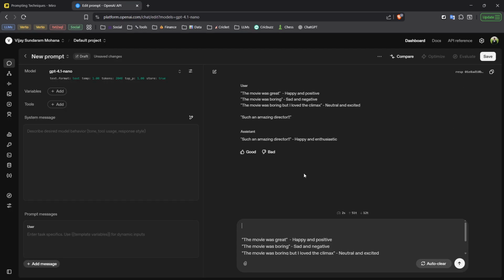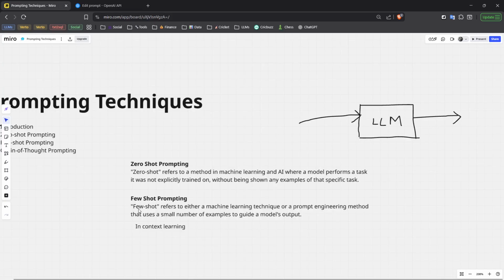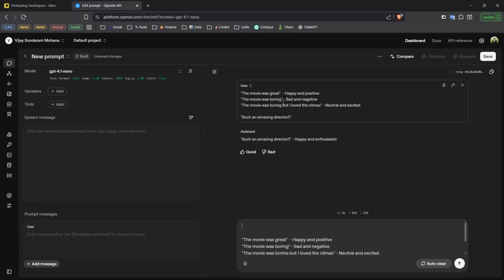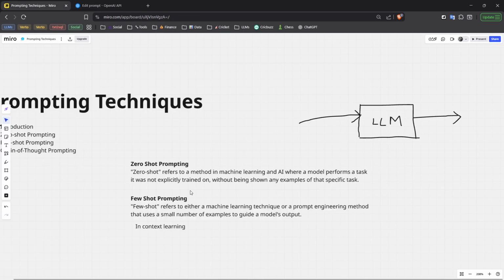But what happens is when you go towards complex ones where maybe you're trying to retrieve some data from a JSON format and it's just not able to understand the kind of natural language instruction that you provide. So maybe in these cases, along with natural language, you will also have to provide certain examples, right? And of course, when I say few shot prompting, it refers to the examples. In this case, I gave 3 examples, so this would be called a 3 shot prompting. You could go for 1 shot prompting, and sometimes you just need more examples, so you could go 5, 9, 10 shot prompting as well.